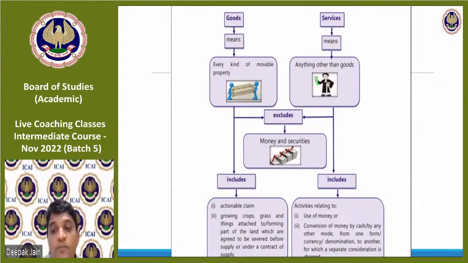What is meant by hypothecation? Hypothecation is similar to pledge. In terms of goods, in case of movable property we have hypothecation, just as in case of immovable property we have mortgage, right? So for movable goods you have hypothecation, wherein you give goods to somebody. It generally happens in terms of two-wheeler finance.